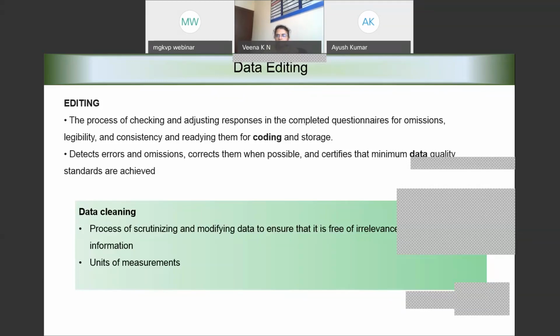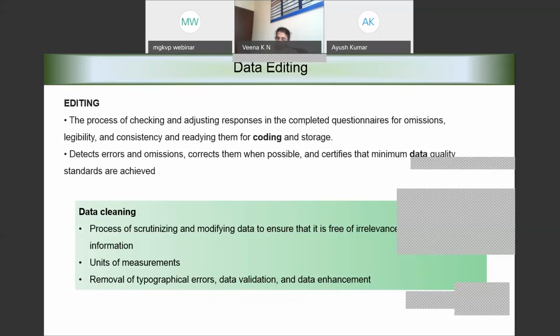That is, the units of measurement also get scrutinized. And sometimes while recording the data or while entering the data into a computer, if at all we are using a computer system, we might make some typographic errors, that is, writing errors. While the data editing process happens, it will also help us see if there are any such typographic errors.